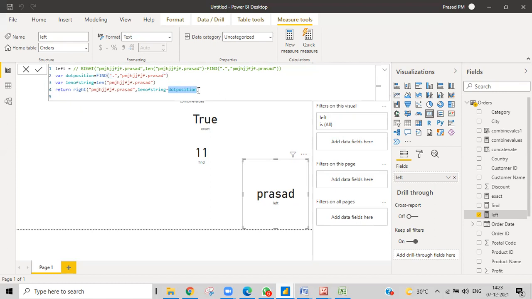It's not mandatory, it's up to you. You can remove all these things and directly show the code without any variables. That's up to you. Both are the same.